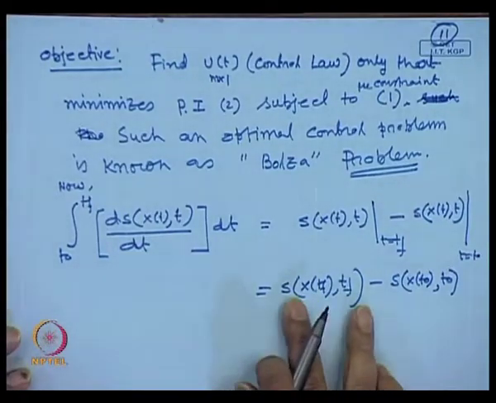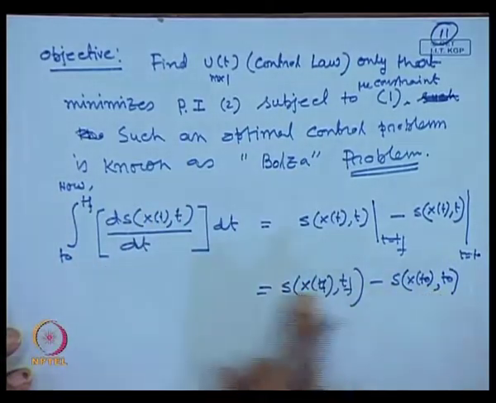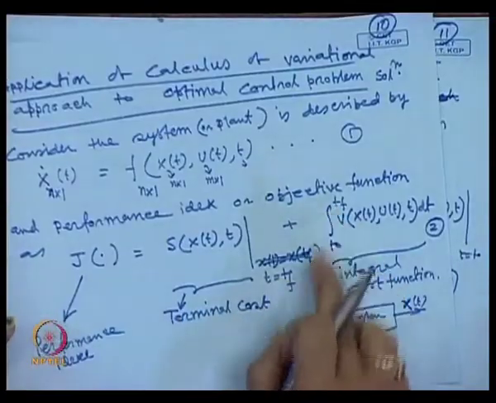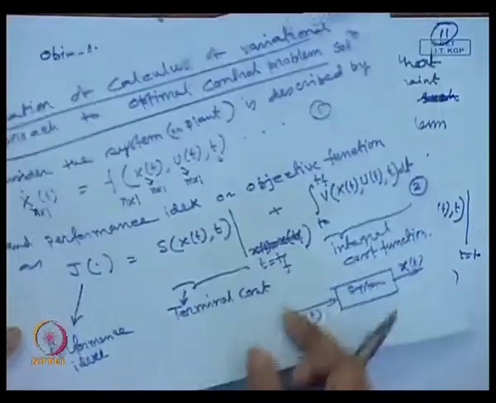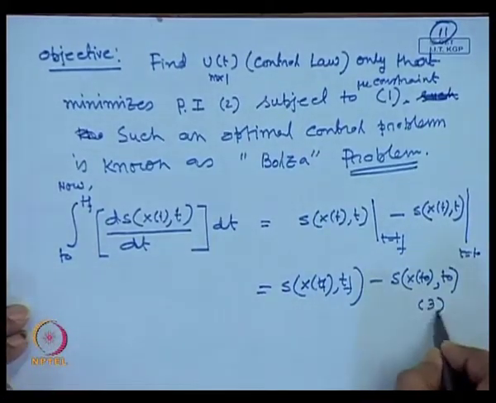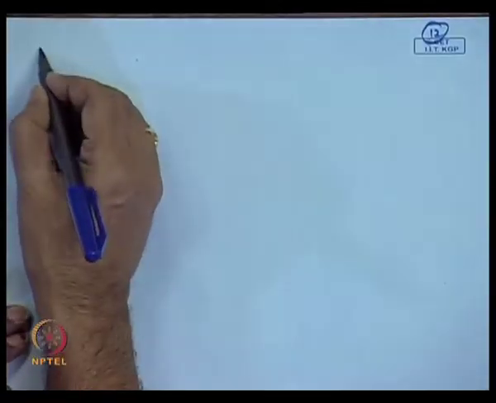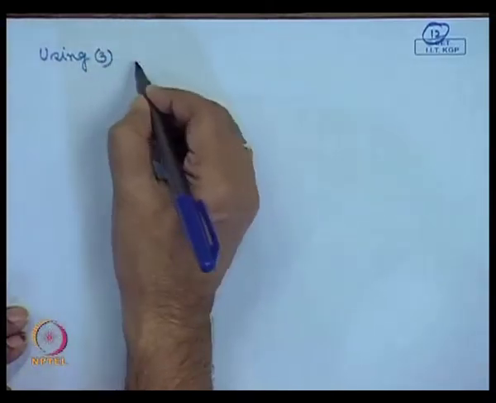So in place of this term, I can write these two terms. The integration limit is the same, T0 to Tf. So I can push it into equation number 2. Let us call this equation number 3. Agree? Using 3 in equation 2,